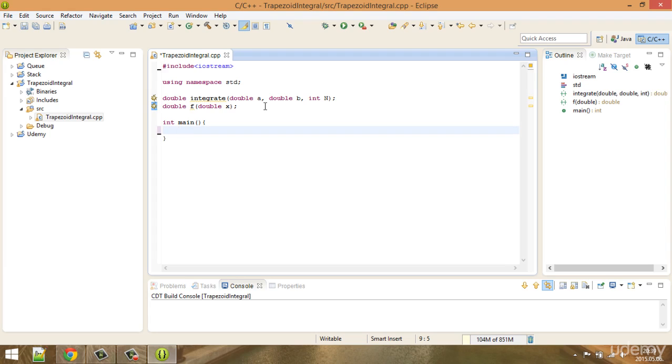So in the main function, I just want to cout the integrate. For example, I would like to integrate from 0 to 1. I will have 1,000 steps and endl. Of course, I have to implement the